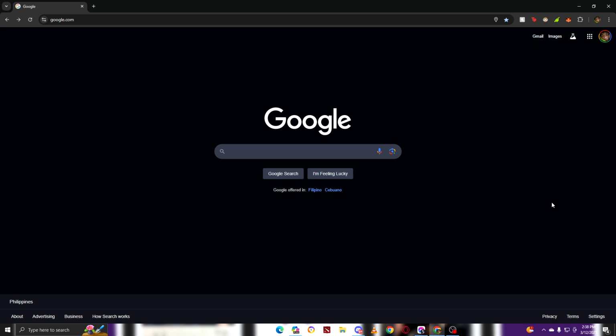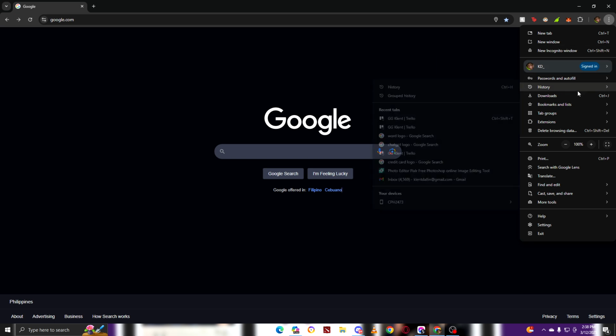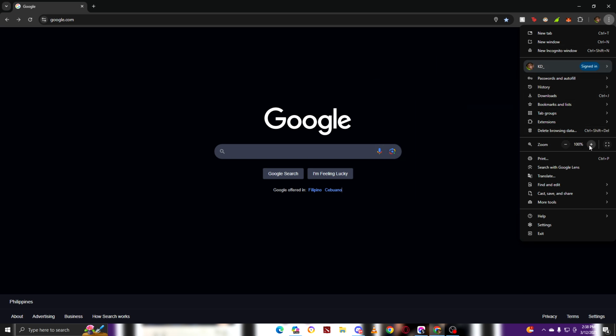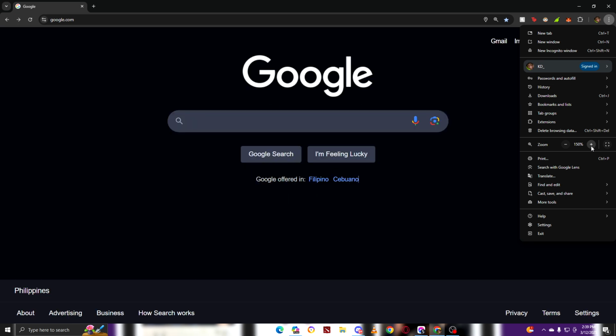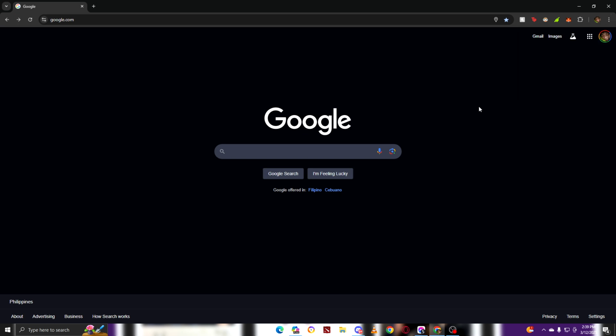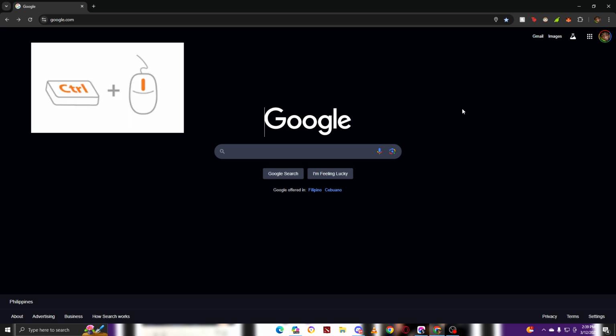First way to zoom in Chrome is click on the top right corner of these three dots. Just hit there, click that, and then go to right here, zoom. Once you click that, it will zoom. There, the first way. And the second way to zoom in Chrome, click on, hold on Control, and then use